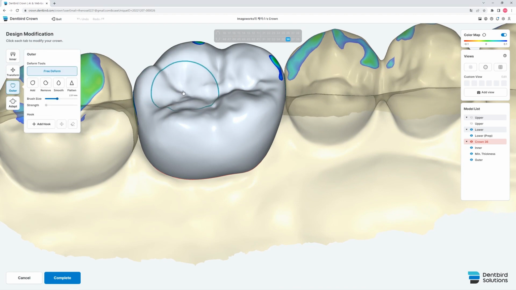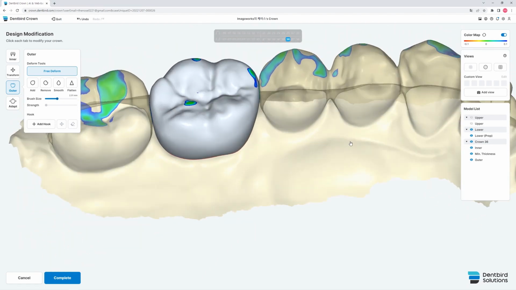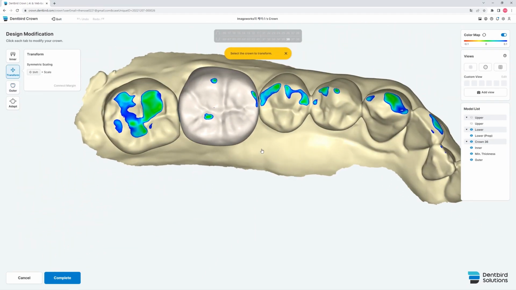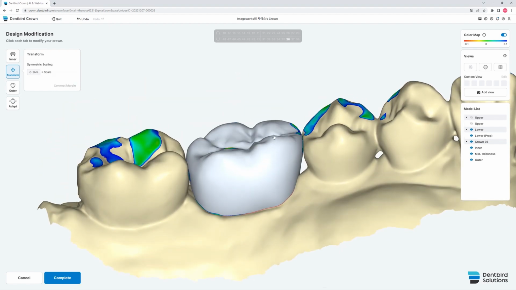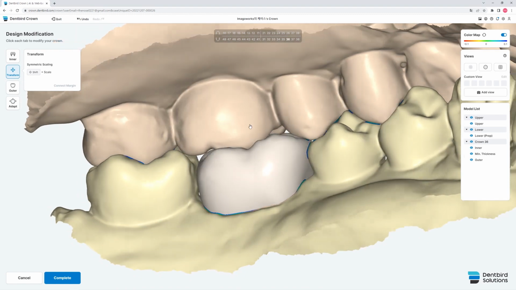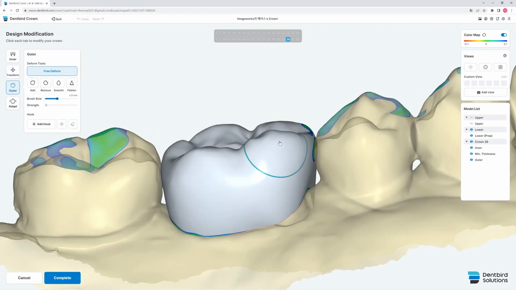Then we'll take care of this red part in outer, as we have done already in chapter 1. See as you fit. To transform, we'll rotate a bit here. And then you can also use hotkey U for upper jaw and adjust as necessary.